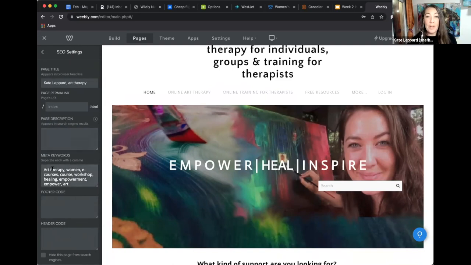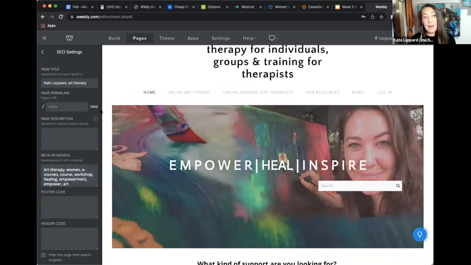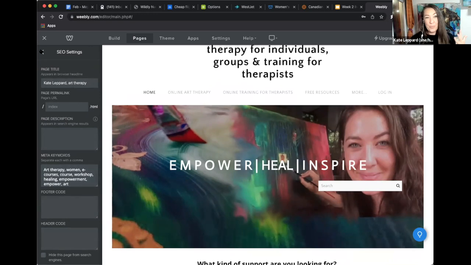So if people are Googling art therapy, women, e-courses, course workshop, I've programmed it in. So that's going to come up in the search engines, and you might not be number 1, but the more people click, you are going to climb up. So using these keywords within the SEO settings is really, really helpful for when people search